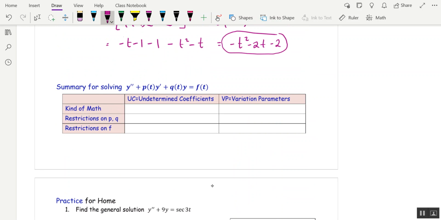Okay, undetermined coefficients versus variation of parameters. So the kind of math. Undetermined coefficients in general uses algebra. That last step, after you found your trial yp and put in yp double prime and yp prime, you end up solving a system of equations, like maybe 2a plus c is 1, b plus c equals 2a plus c is 0. You'll end up with a system of equations, and you'll solve them for the coefficients. So that's algebra. The kind of math you're going to use for variation of parameters is calculus,